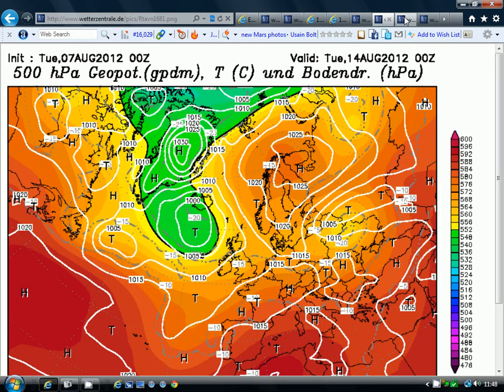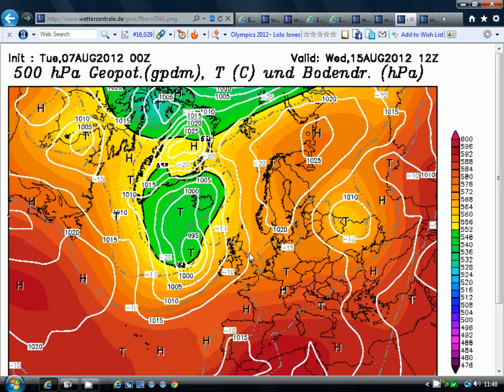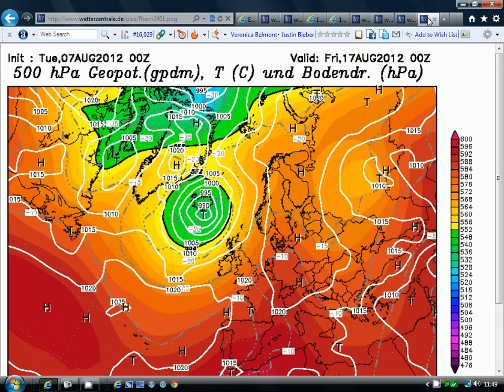So that's quite a weak area of low pressure, still enough to bring showers into the west, but really this high pressure to the east and to the south is the dominating factor. And then going further ahead, where we have this low pressure moving in once we get through to the middle of next week, or try to move in, but it never really makes it, and it remains stuck up over